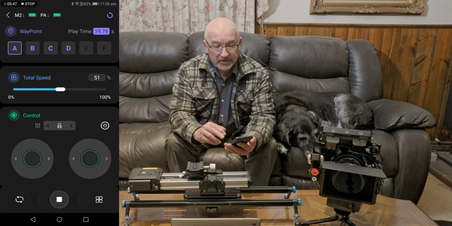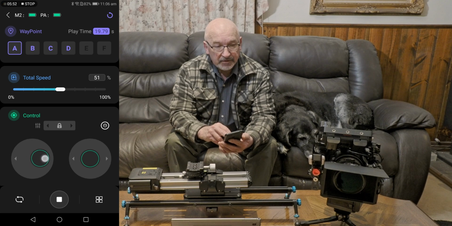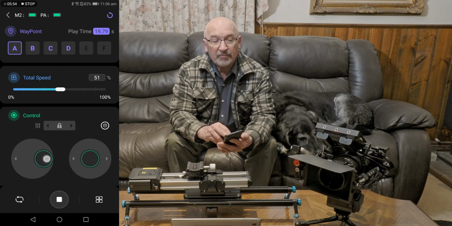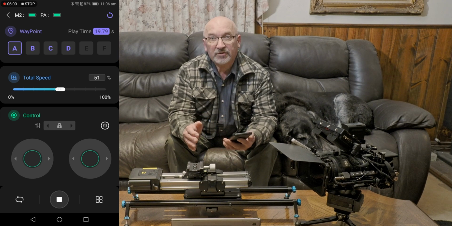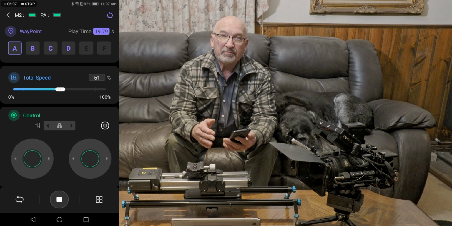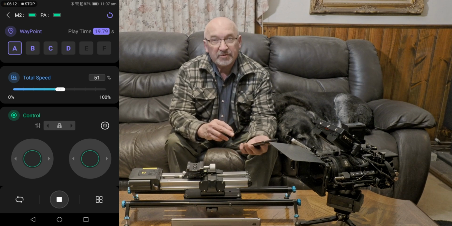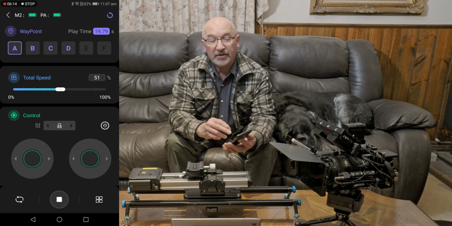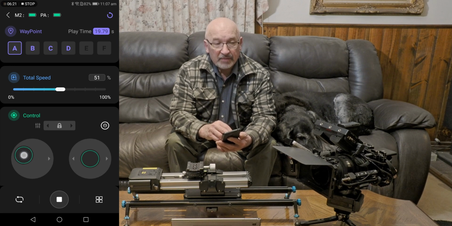So some of the stuff that I wanted it to do, and I'll just give you a bit of an example, was if I'm doing some narrative stuff and having the camera on a tripod, I might want to walk into a particular scene to emphasise something that's going on. Let's say at a car show, for example, I'll walk past various vehicles and I want to focus on one particular vehicle. So I'd start the camera on a tripod, because with this setup, when I get to the technical side in another video, I'll show you how I can actually do it quite easily with a fairly lightweight setup. But I'd have the camera following me briefly,